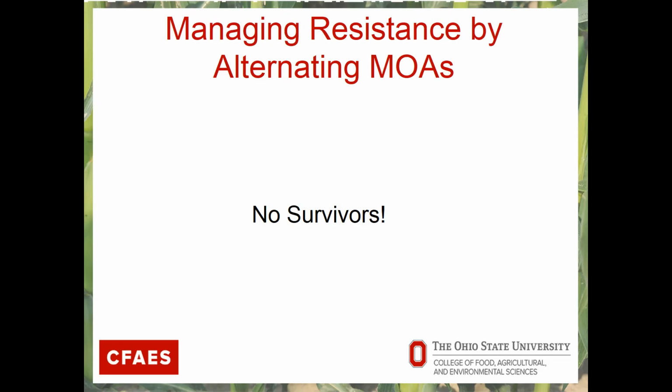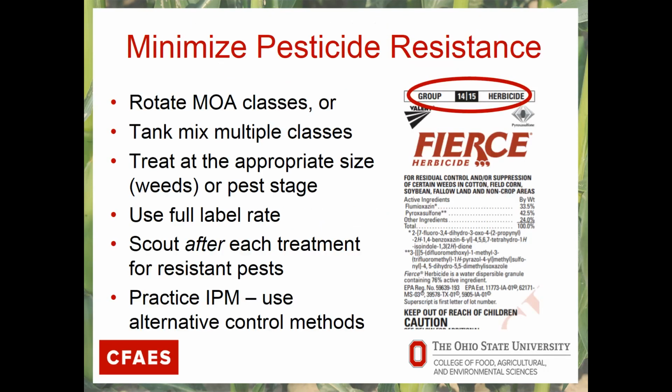gaining the upper hand. Of course, using a pesticide and alternating modes of action is only one possible management tool, including non-chemical means of managing the pest. Like we talked about earlier, practicing IPM strategies is critical to managing resistance. So just to summarize, in order to minimize pesticide resistance, farmers can alternate chemistries by alternating pesticides with the different